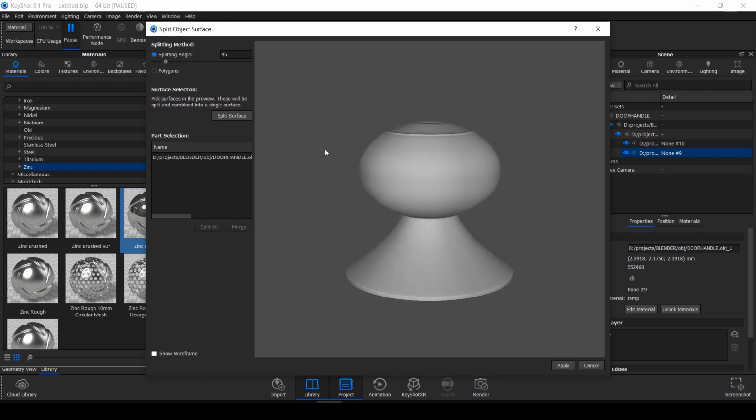Now, to separate this into different surfaces, I have to select those surfaces. Now see, when I select these surfaces, what will happen? Here you can see that when I have selected this surface, our whole object is selected. So to select only this surface, you have to reduce its splitting angle. To reduce its splitting angle, you have to decrease this slider, or you can manually input the value here. Okay, now I will manually input the value of 10. So here you can see the preview.